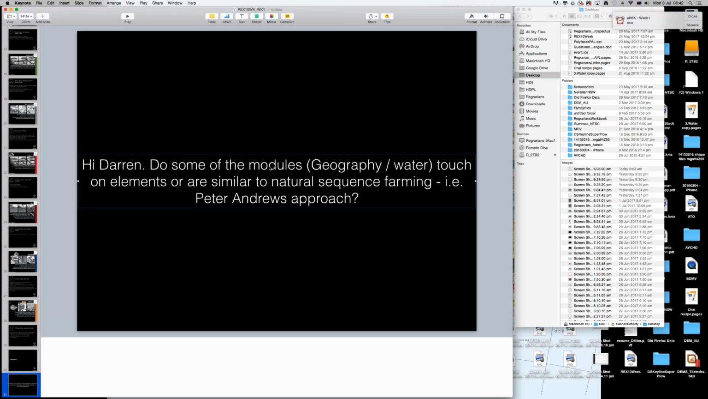And so what we mean by that is that Peter Andrews' natural sequence farming would fit particularly into both the geography and water layers, and so it would be a tool that one might use if it was attractive to you, and if it seemed like it was the best place to have that considered. So if you see in your landscape that natural sequence farming would be a good fit, then definitely we see it as being a really valid methodology,